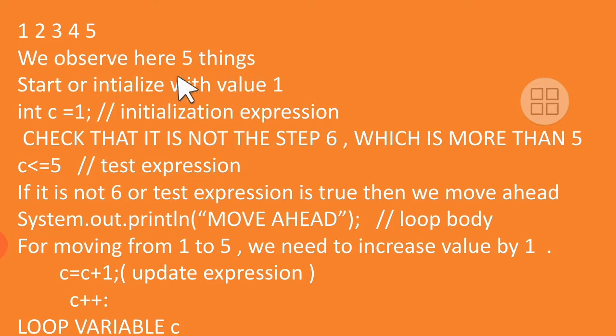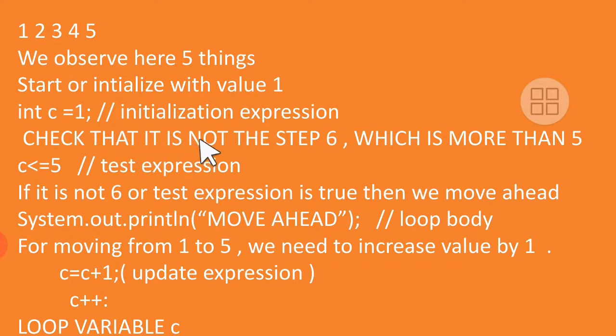Now if the same thing has to be done in Java, we need a variable. So we have taken a variable C because we are counting through this. You can have any other name following the identifier rules of Java. Now we definitely need a number, so it is bound to be of int type. It's a very good choice. int C, and we initialize or assign 1 to C. So int C, assignment operator, 1, terminated with a semicolon. Alright, so this is the initialization expression. We have to initialize. This is the first thing.